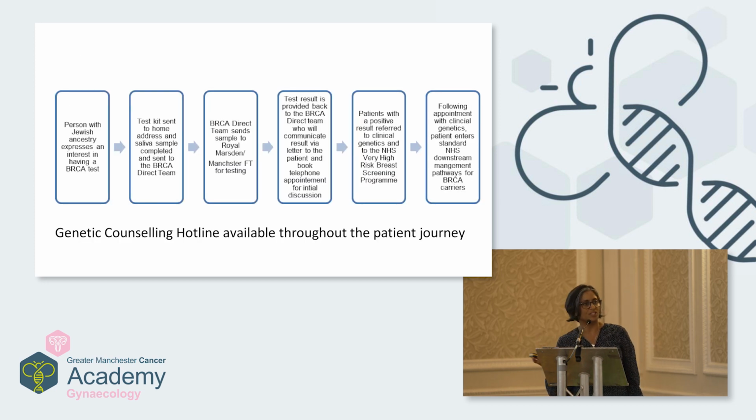This is the flowchart that underpins the study. So firstly, there will be engagement through the genetics charity service, and people will be invited to enrol in the study through the online access. Once they enrol, they will be sent the test kit for a swab to take a salivary sample. The genetics charity organises all of that. They post out the genetics testing kit to the person at home. The person takes the sample and it's returned by post, and it's processed in the Royal Marsden in London or